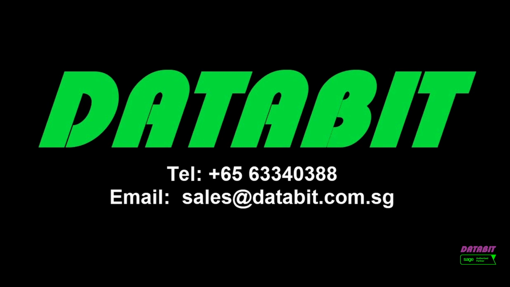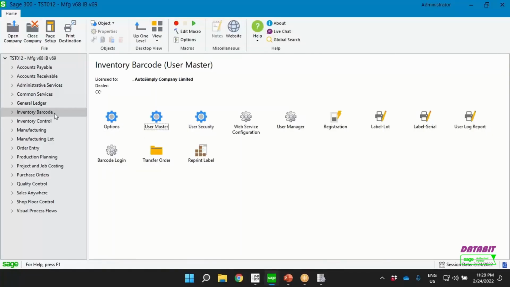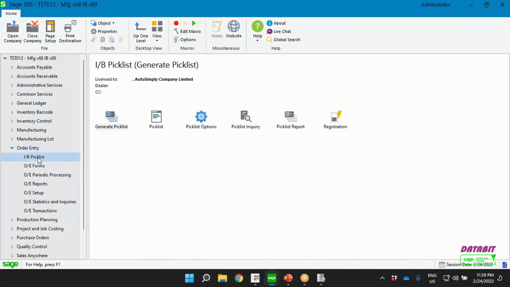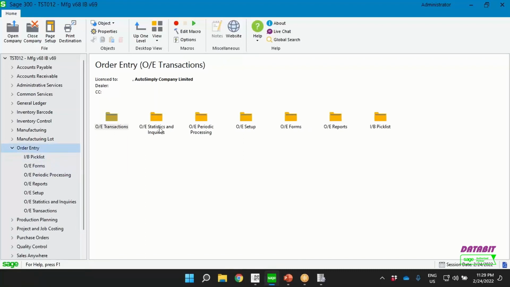Without further ado, let's jump straight into the demo. After installing Barcode 2022, the Picklist function actually resides within the order entry module. So that means even if you don't want to use Barcode, you can install it. The ID Picklist function would still be shown on the order entry